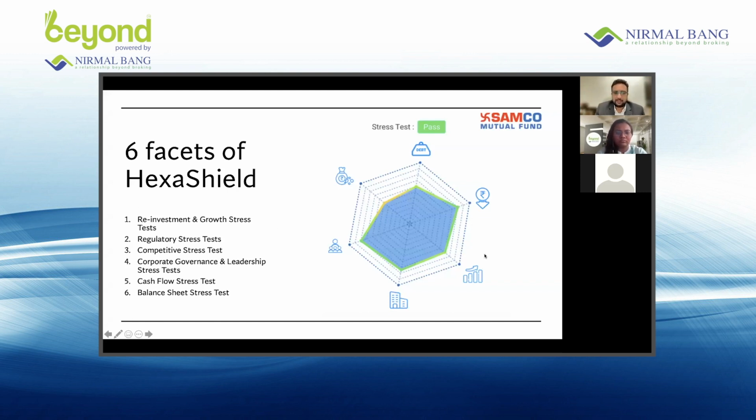I'll just give you quickly 2 examples. TCS is a company that passes our stress test. As a company, it makes 48% return on capital employed. Even if you put it through multiple levels of competitive intensity stress test, it will still make 31% even at the 20th level. Now, on the contrary, if you look at something like Reliance, the return on capital for